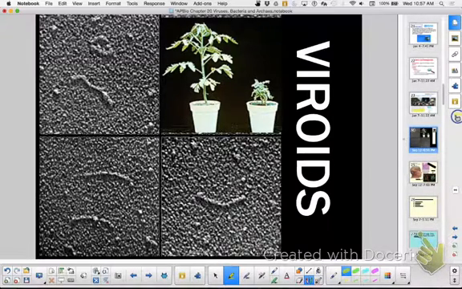So viroids are different from a virus. Why? How are viroids different from a virus? No capsid, exactly. These are just straight up little RNA fragments. Okay, and now these are